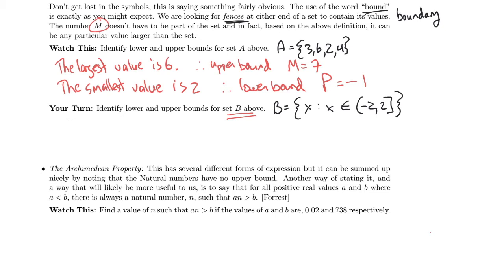So when we take a quick look at this, the largest value is 2. And again, that is included in the set here. So we can choose any number greater than or equal to 2 here. So let's say in this case we say 2, because the "or equal to" allows me to do that. And then the smallest value